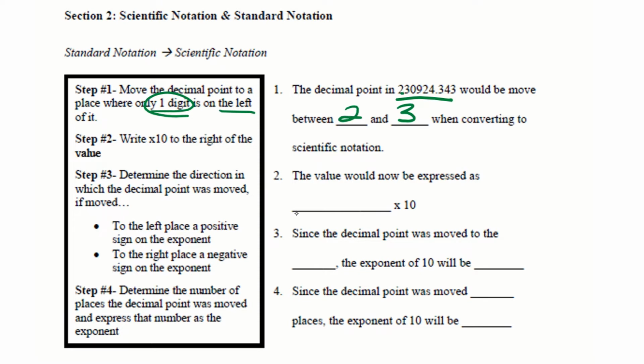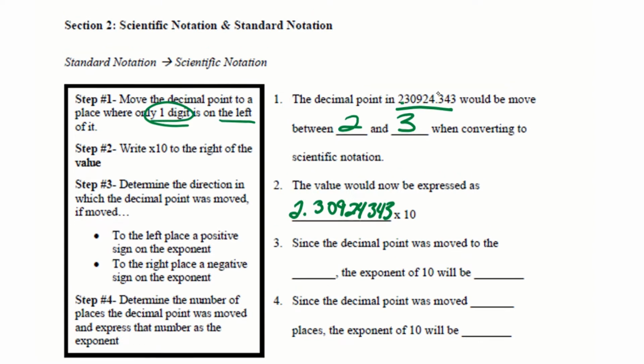So I now have the value of 2.30924343 times 10. Now, since the decimal point was moved to the left, in this case, we moved it to the left. So we're going to write it in. Based on step 3, it says that if it was moved to the left, there's going to be a positive sign that's going to be placed on the exponent. So the exponent of 10 will be